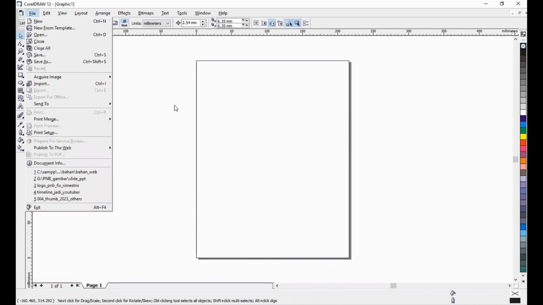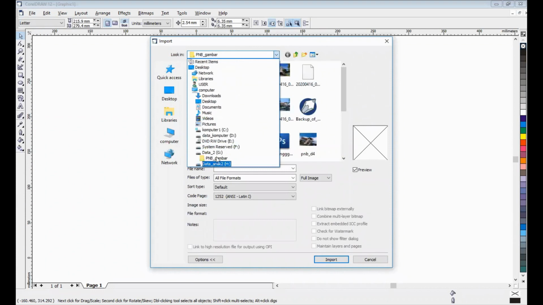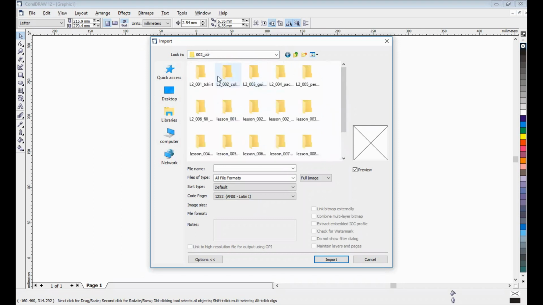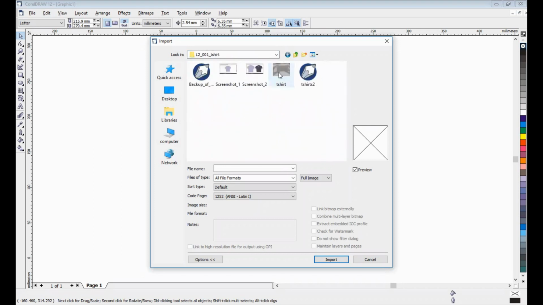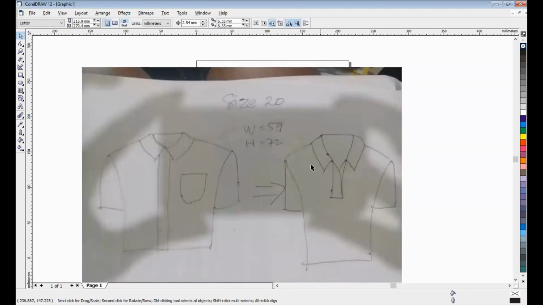I will first import the illustration that I created on paper. Okay, look at this. Okay, import. This illustration I created on paper with a pen.